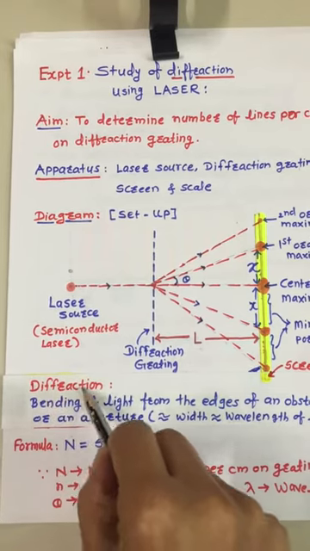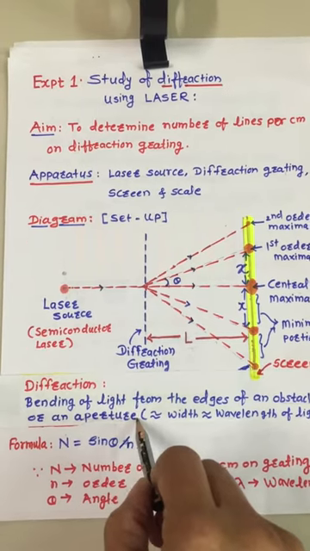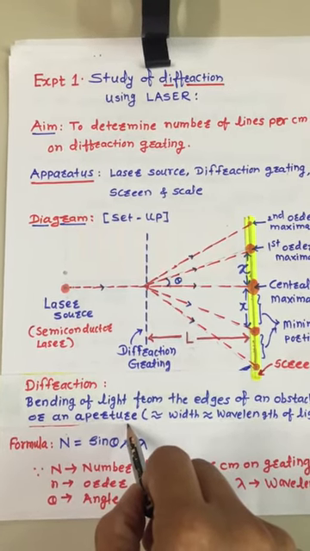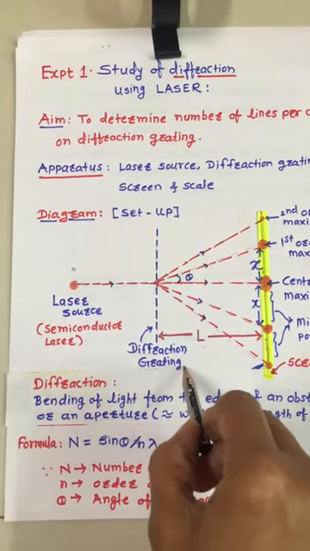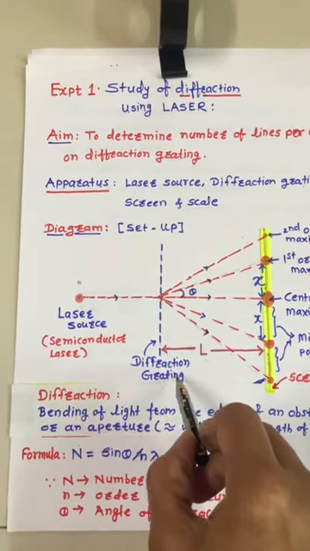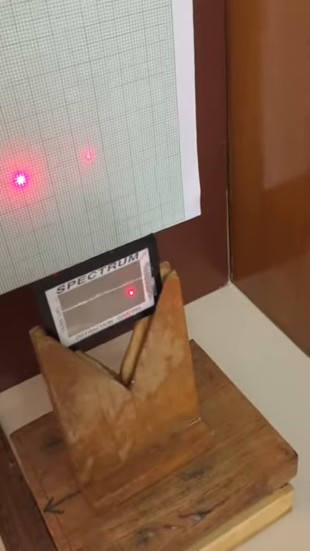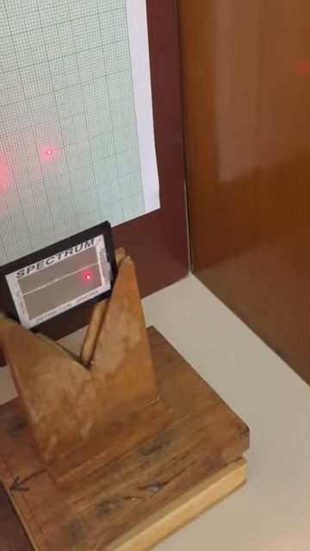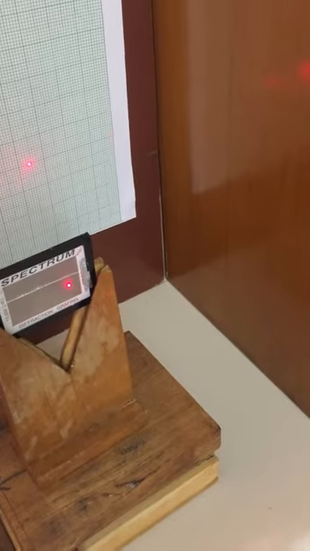Now, to observe this diffraction, we need either some obstacle or some aperture. For this purpose, one specific optical device is used, and that device is called a diffraction grating. Exactly what is this diffraction grating? Practically, through the setup, we will observe this simple glass plate looking device called a diffraction grating. This grating is a simple or plain glass plate. On this glass plate, thousands of lines are marked which we cannot see with our naked eyes.